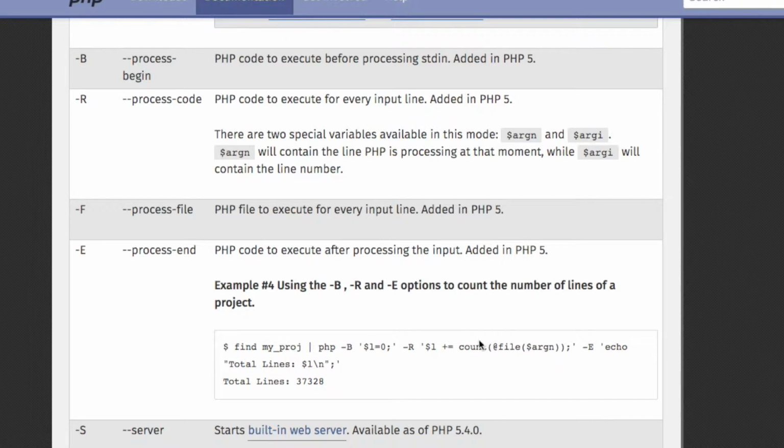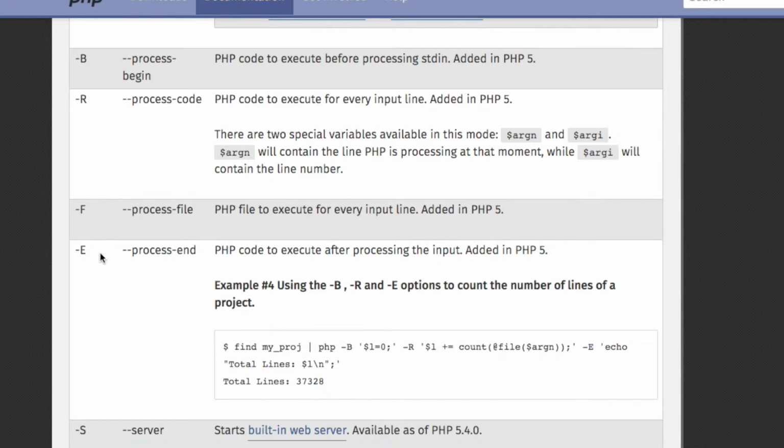What this will do is add the result of the count function to the variable $i, which started off as being 0. Now, what is the count function doing? It's counting the number of lines in the file corresponding to that path of that line, okay? So basically what this is doing is going through the current directory for all the files that match this string, or have this string as matching part of their file name, and it's adding the count of the number of lines in those files to this variable.